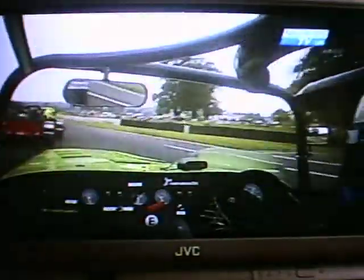Out of Dearly, over the top, finish line they go. Now what can Ross Springate do here about gaining a place? Mike Stedman under pressure, rather than pressurising the leader, he loses out. Toby Dicker goes around the outside of it. That puts Dicker up in second place, and in Springate's view, he turns his way now out of Oval